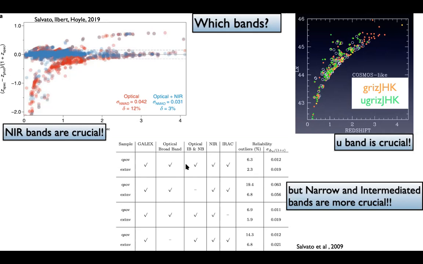And this is the result obtained using all the photometry available. And what you see is that as soon as I take away the intermediate and narrow band photometry, the outliers increase by a factor of 3, and the accuracy decreases quite a lot. While the accuracy and outliers remain practically the same if I remove IRAC, even if IRAC was very deep, just because these are the